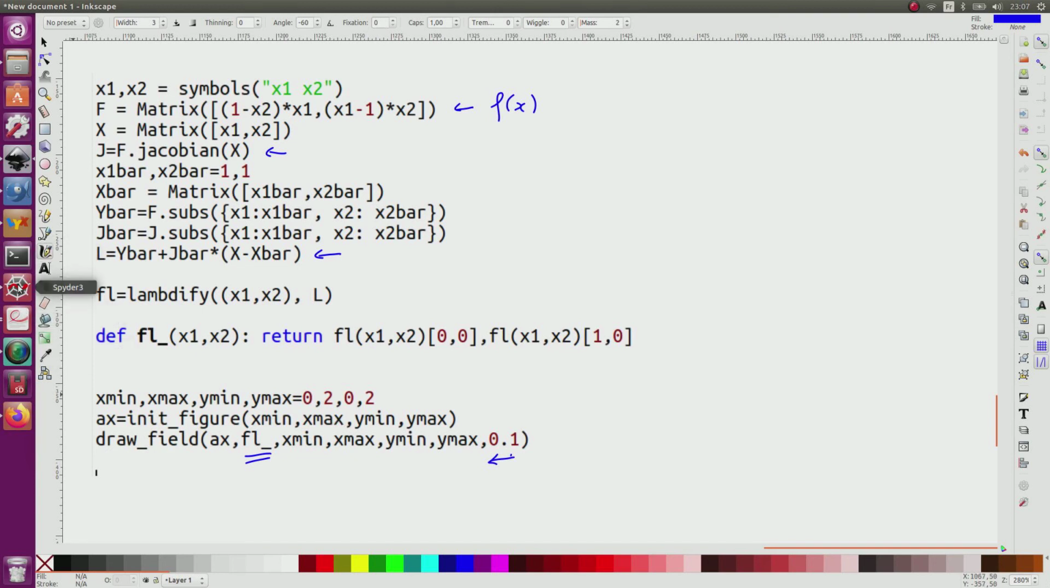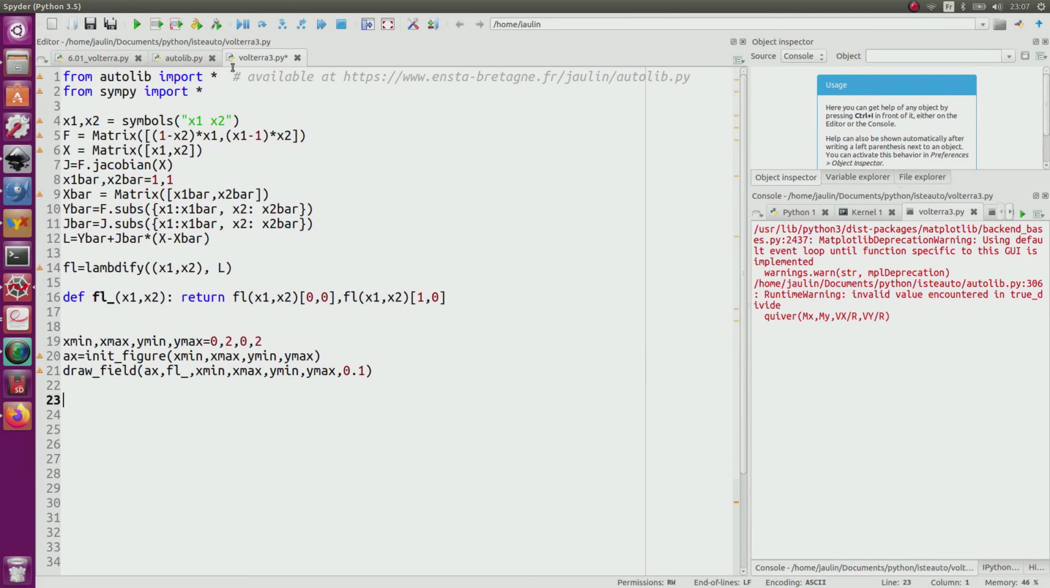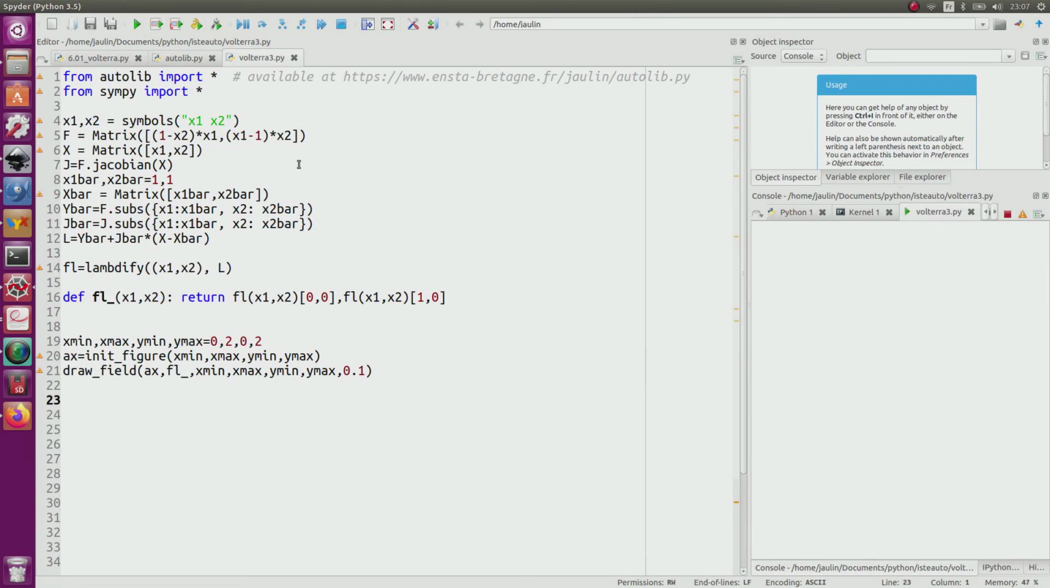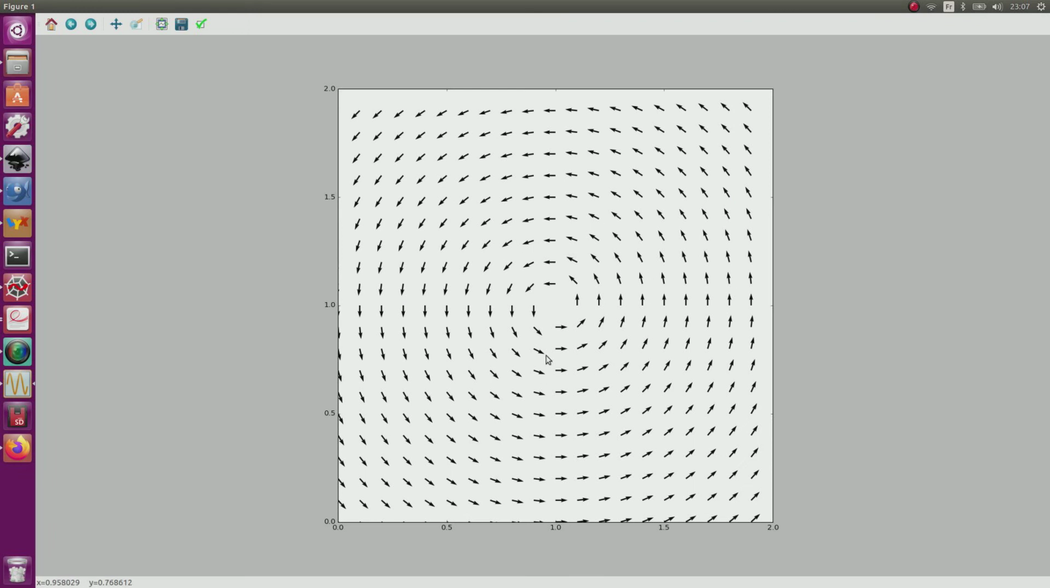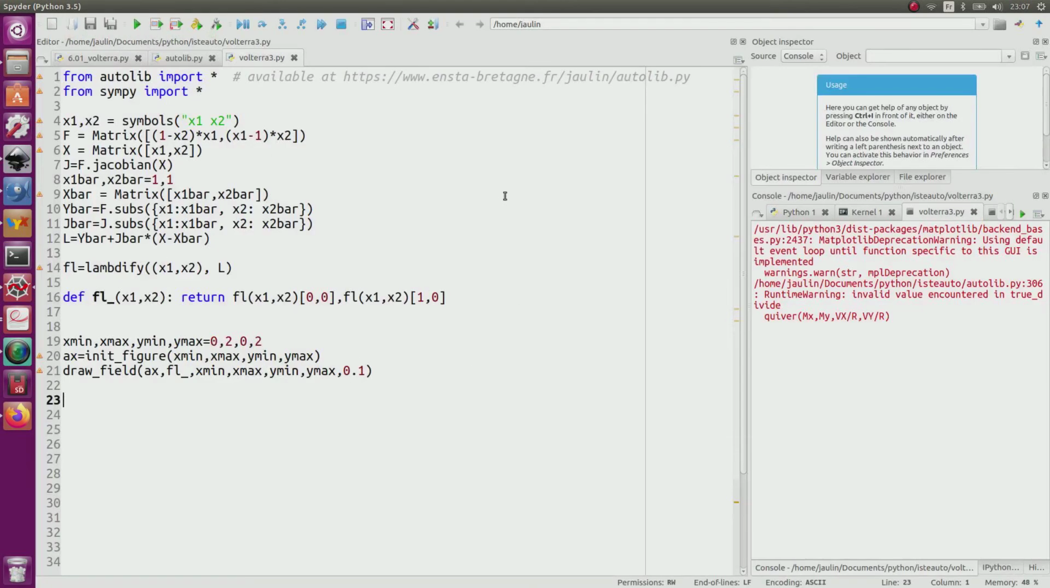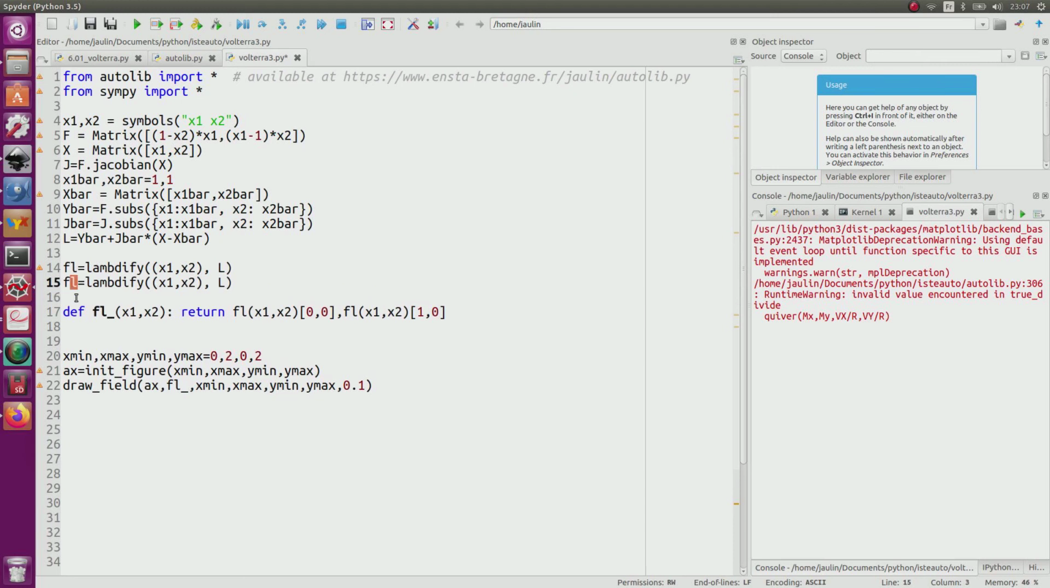I switch to Python. This is my function, I call it, and I can see here the vector field which corresponds to the linear vector field, but in draw field it has been normalized, so we can see that all the arrows have exactly the same size. So now what I can do also, I will try to draw the original function, so I will call it f,